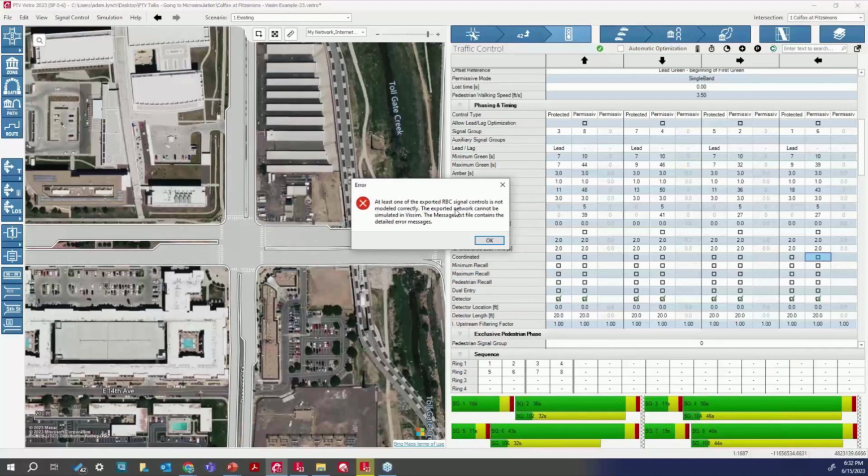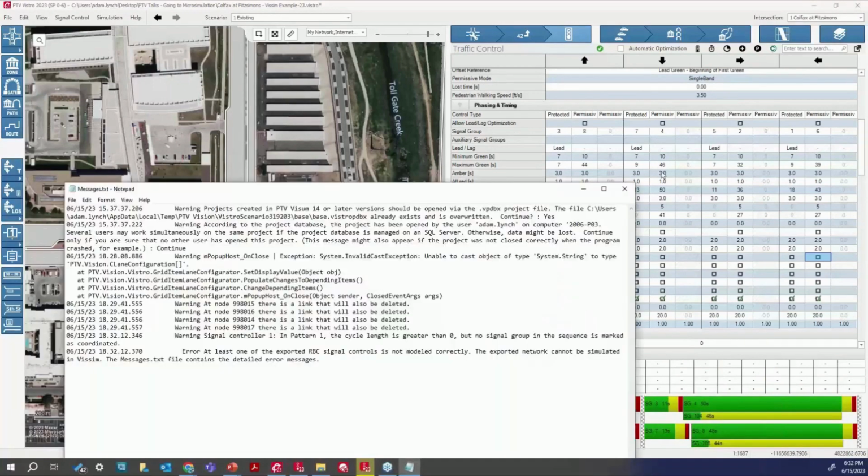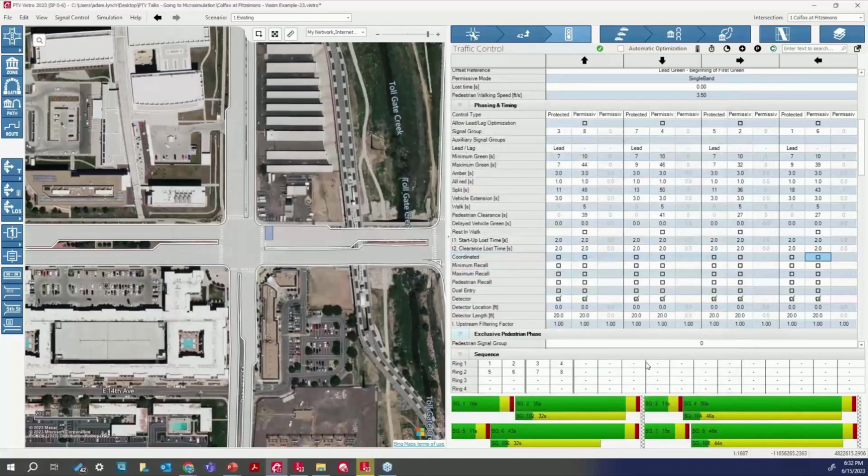And at first, if I have 50 intersections, I might be a little distressed, like, what does that mean? So I go to View, and then I go to Message File, and then I pull up the message file. It basically says that same warning message right here. So it says signal controller 1 in pattern 1, cycle length is greater than 0, but it's not marked as coordinated. So if I go ahead and mark those two back as coordinated again,